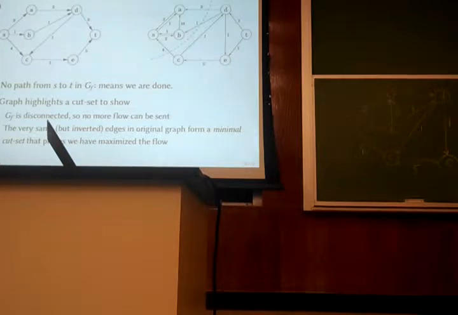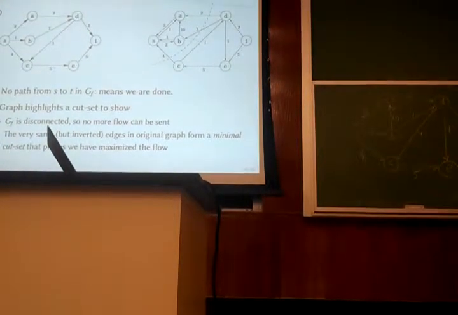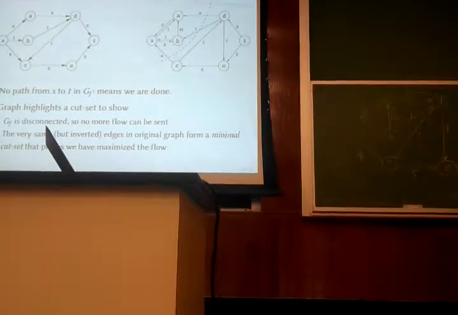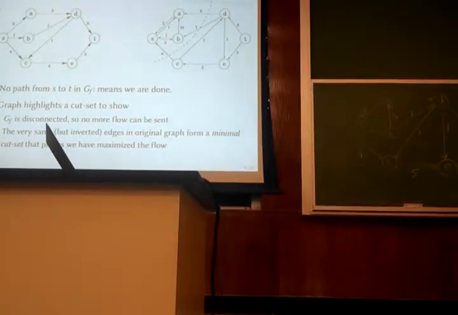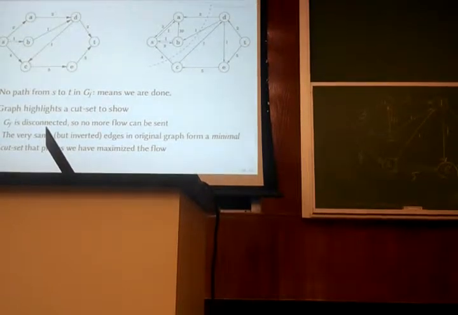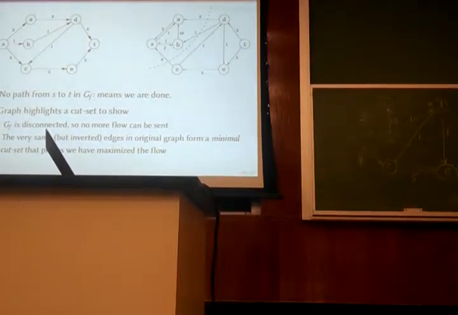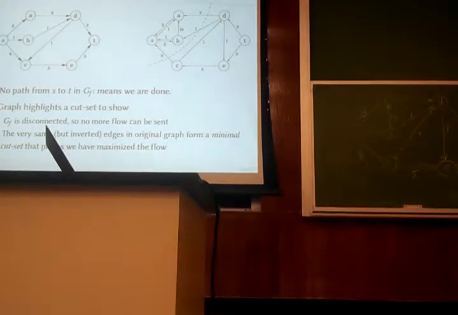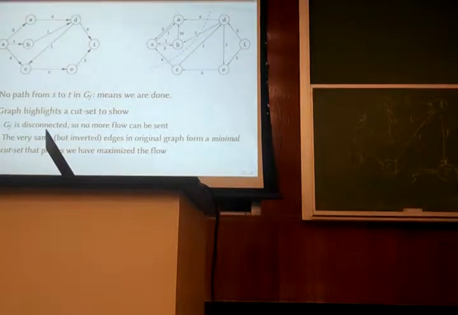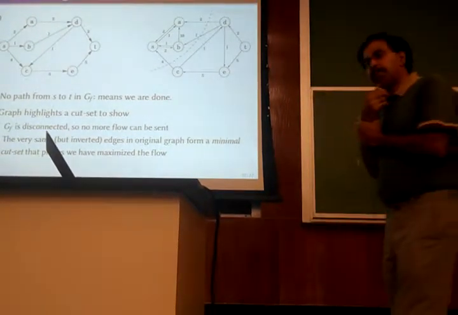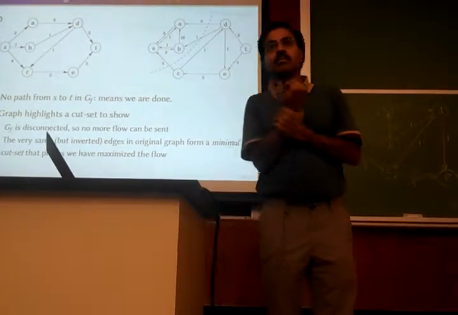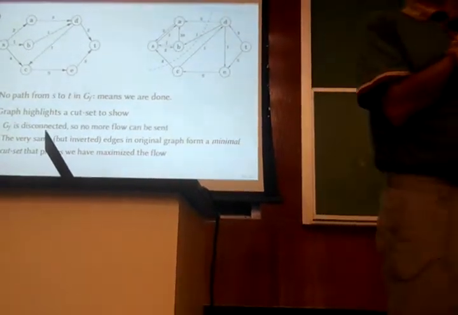This is the cut set I'm talking about, right? So pictorially, the edges going from A to D, B to D, and S to C form a minimal cut set. My question is, given the residual graph, how would you identify that? Yeah, go ahead. We start from the source, we see all the vertices that can be reached from it. Yeah. The other set of vertices, the edges between the first set and the second set, they will be